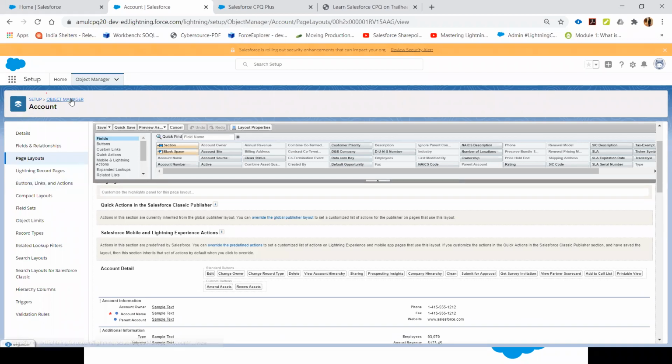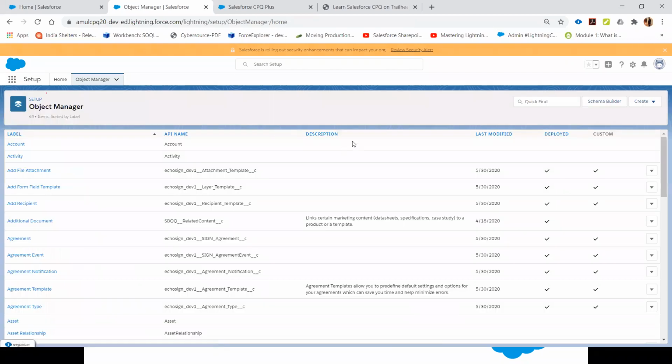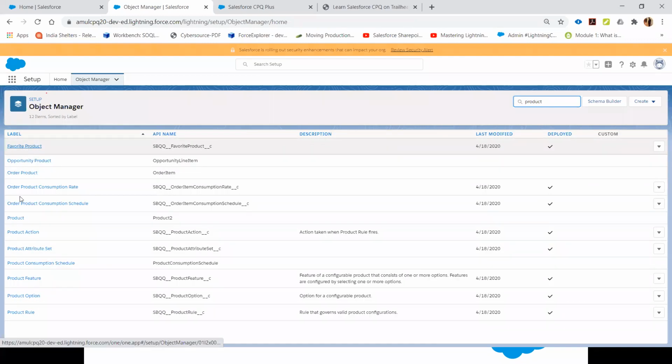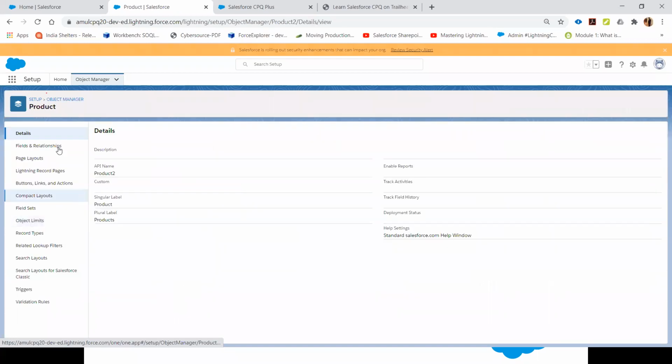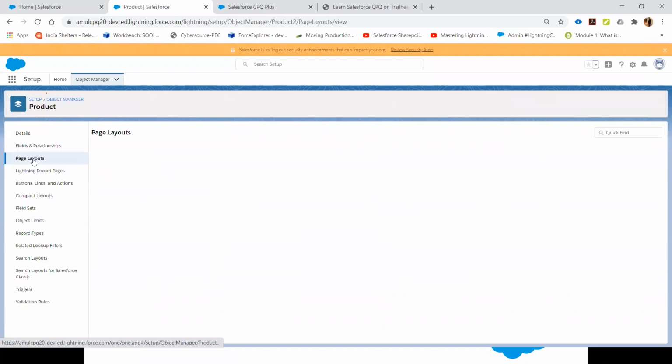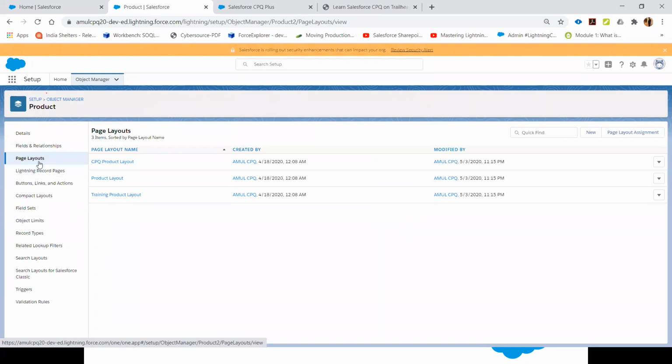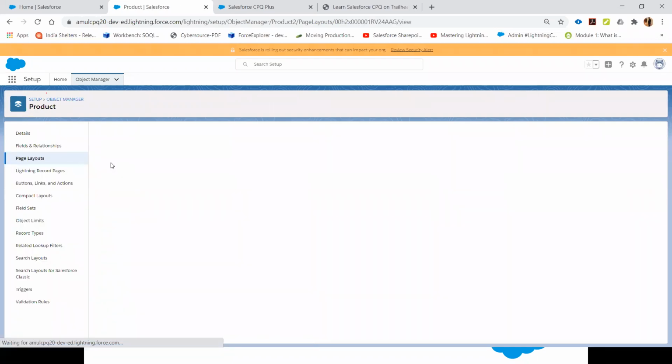Now moving to another object, which is very important for our admin. If I go back to the product object now. Similarly, if you go to the product object and the page layout, in the page layout section, as I told you, Salesforce CPQ automatically installs this package and creates this page layout. Let's open this CPQ product layout, how it will look.